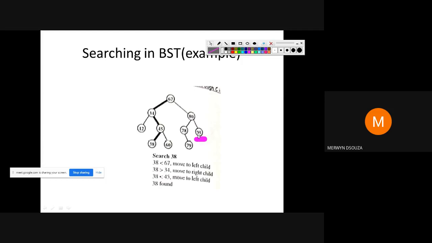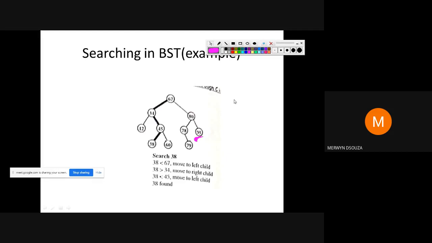So you would do a comparison till here, 99 greater than 95, and you would write that there's nothing to move forward. So you would have said no right child. So 99 not present in the tree, or 99 not found. Clear? Just note it down somewhere, how to write for a node that is not present in the tree.